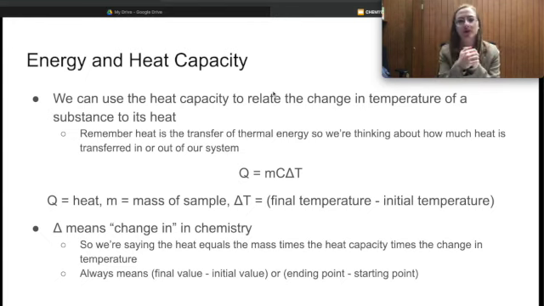So where do we go from here? Well, let's do the math. If I'm looking at Q, I'm going to have all the numbers, and I'm going to save the units for the end. By the way, we're going to do this problem because I want to make some points about the units. So in the end here, we've got 20 grams times 4.184 joules divided by gram degrees Celsius times 50 minus 32. When I plug all of this into my calculator, I did 20 times 4.184 times 50 minus 32. I get